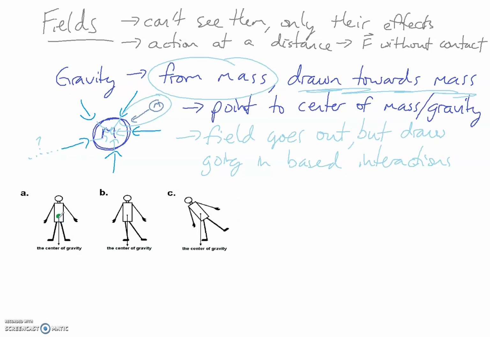And of course, this person right here is just standing there. They're totally stable. They sort of lean to the side, and the center of mass, of course, goes to the side a little bit, but they're still there. And of course, this one right here, this is where the person would tip over. And that's because the center of mass, as the line shows going straight down, is past the feet.